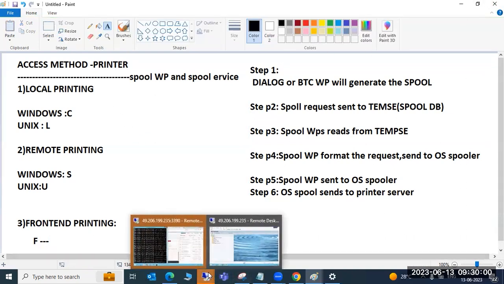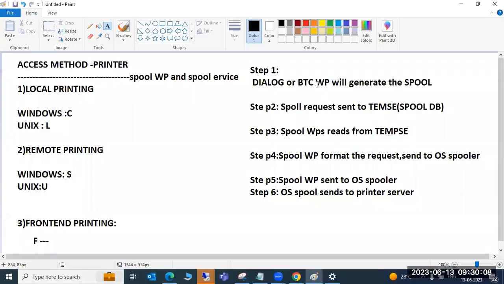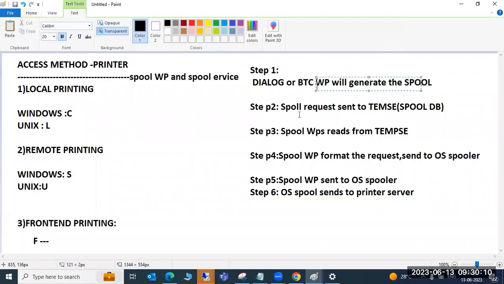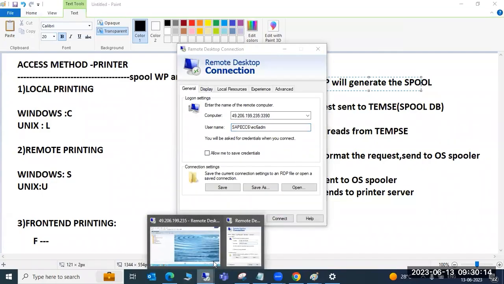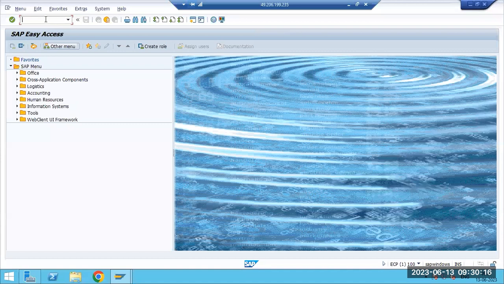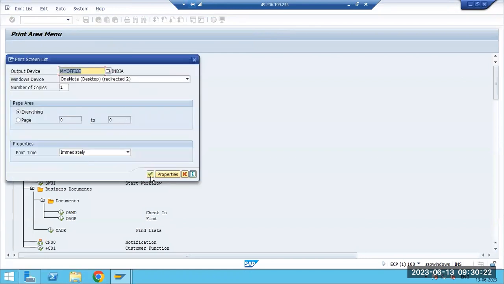Whenever you log into the system, you are logged in as a dialog user, or a background work process will generate in the system. Then you generate one spool. Suppose I want to print this paper, I just click on this button. Then you generated the